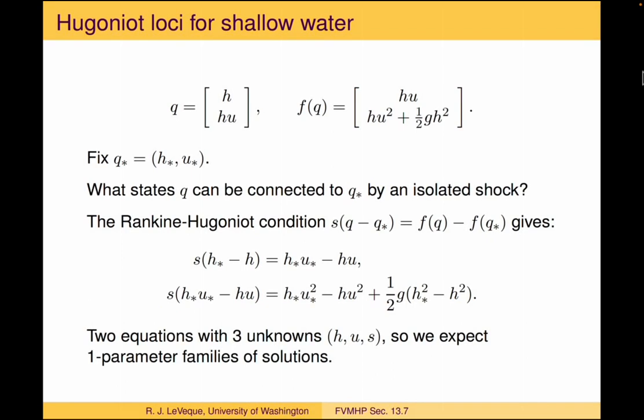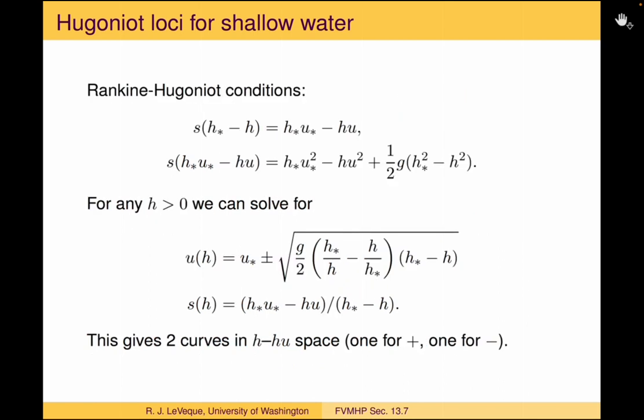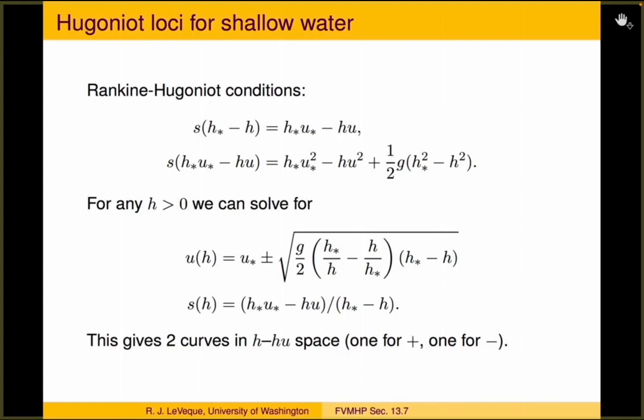So that suggests, since we have two equations but three unknowns, that we might be able to find a one parameter family of solutions, and those are the curves of points that can be connected to Q star. And so here again are the Rankine-Hugoniot conditions,